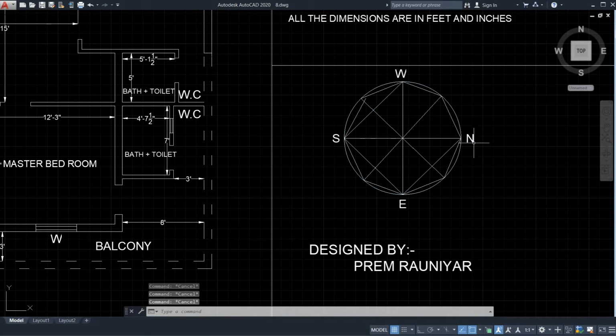So if you want to select this N only, just keep your mouse cursor over here. Now left click once, and just move your mouse without pressing or clicking any right or left button.